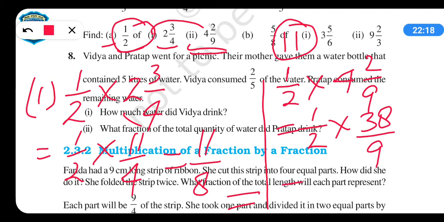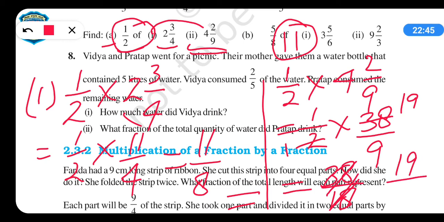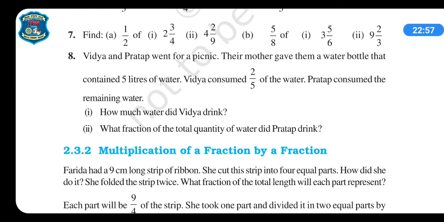So now you can again solve it. कुछ कैंसिल होगा? No. So 1 into 38 is 38 upon 2 into 9 is 18. You can cancel. It can be reduced here also. 2 1 is 2 or 19 2 is 38. So it is 19. So 1 into 19 instead of 38 upon 18, you can directly cancel it and you can get 1 into 19 is 19 upon 1 into 9 is 9. So 19 upon 9. This is the answer. You can reduce it into mixed fraction. कर लेंगे. So in this way you have to solve this question, 7th question. You can do it now.